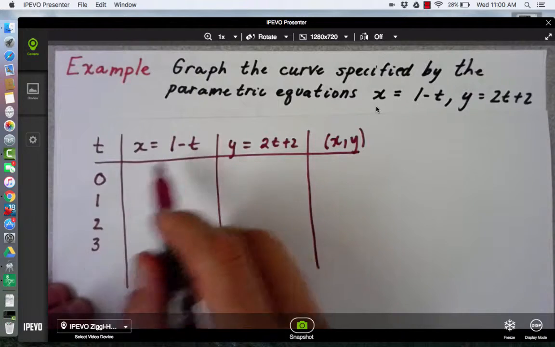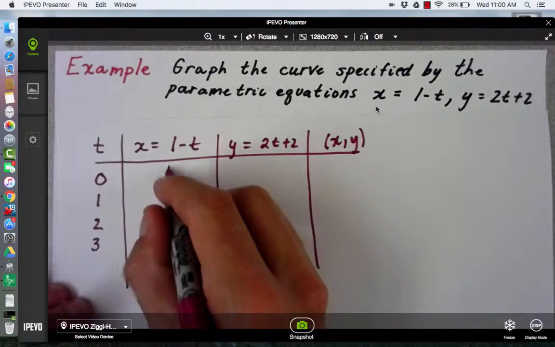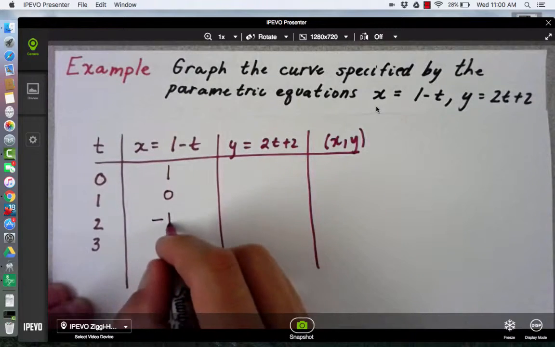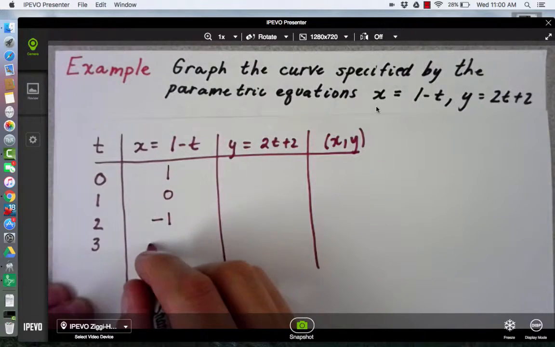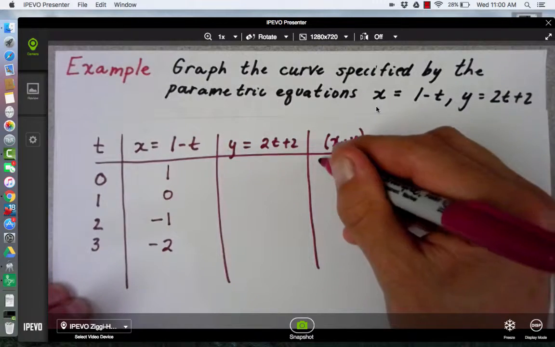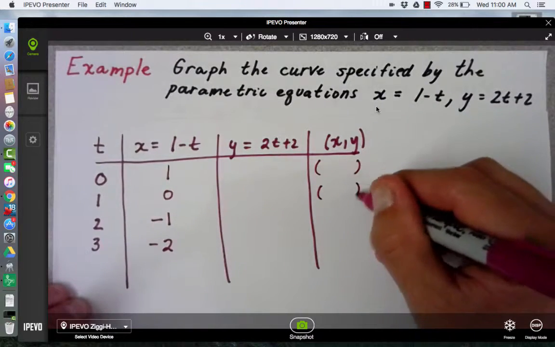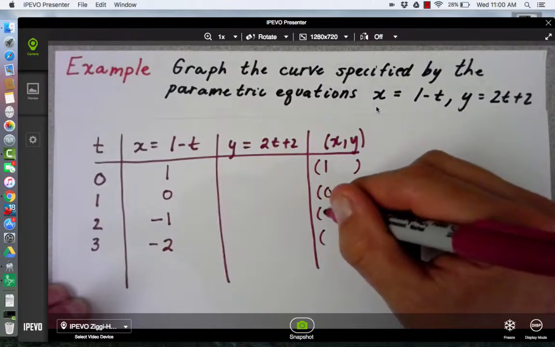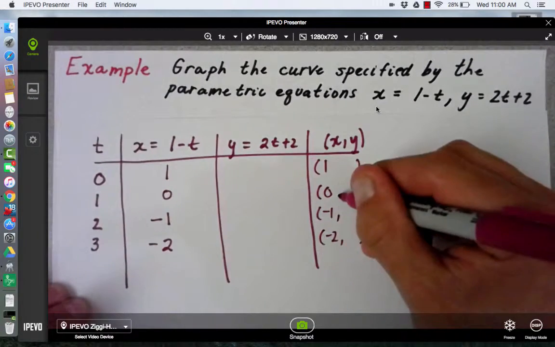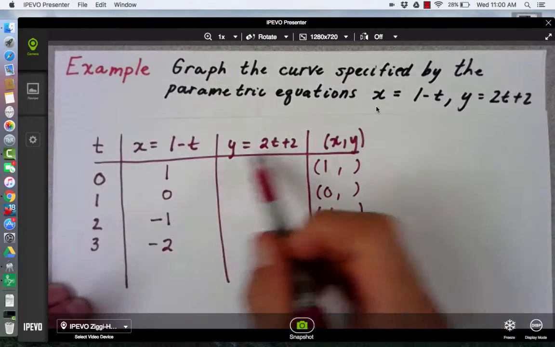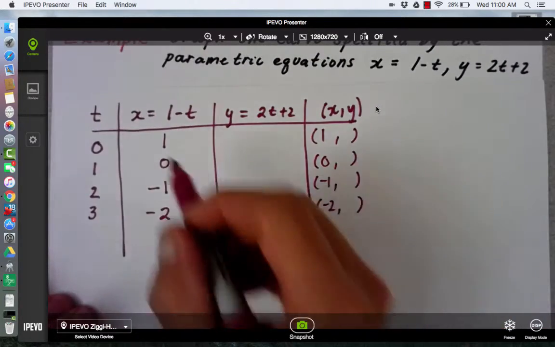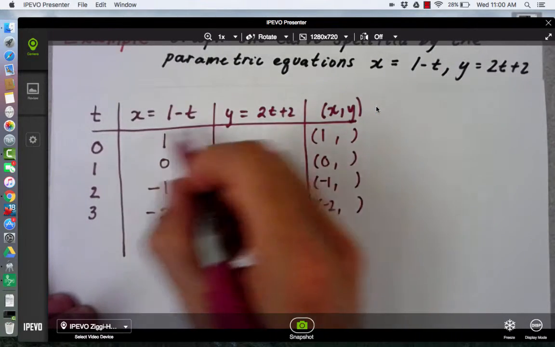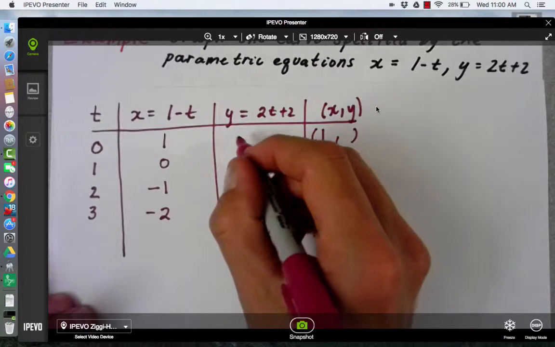So I plug 0 in here: 1 minus 0 is 1, 1 minus 1 is 0, 1 minus 2 is negative 1, and 1 minus 3 is negative 2. I could start putting these ordered pairs together, and you might want to do that because you might accidentally put t over here, which is common. Now all these t values go in for t here, so 2 times 0 plus 2 is 2,